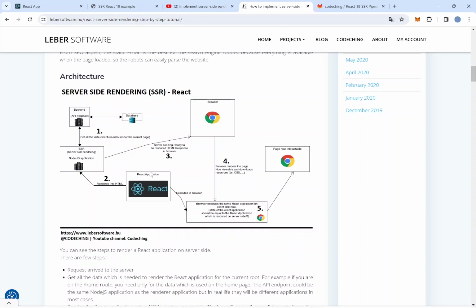And in the browser, the browser executes the same React application on the client side now, and the state of the client application should be equal to the React application which is rendered on the server side. So it will continue the running of your React application from the point which was the final point on the server side, the final state. So you need to send the rendered HTML to the client side. You need to send the actual state of your application to the client side,